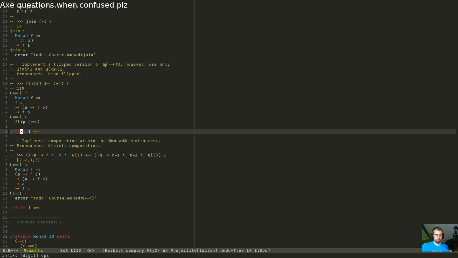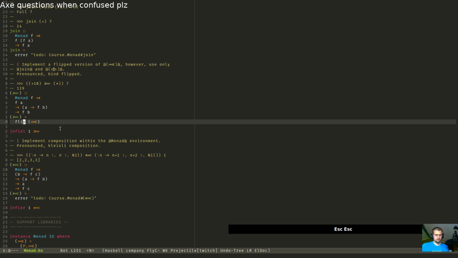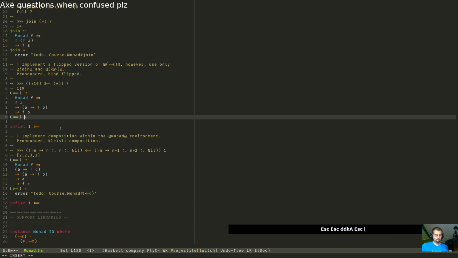Spaceship. However, use only join and fmap. Well, that's also trivial, right? It's one fun.